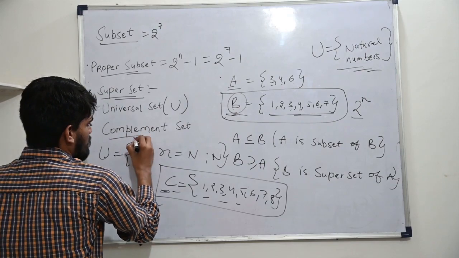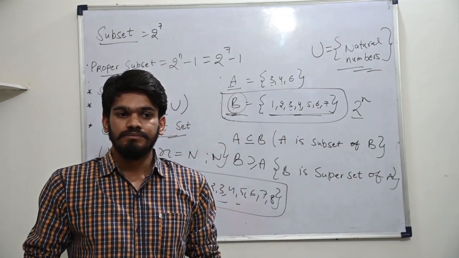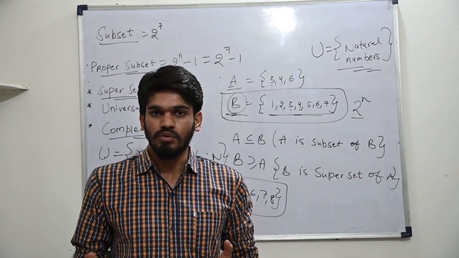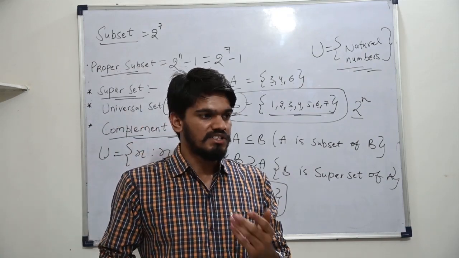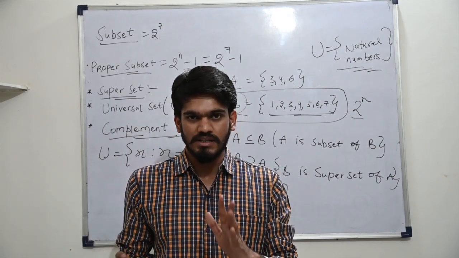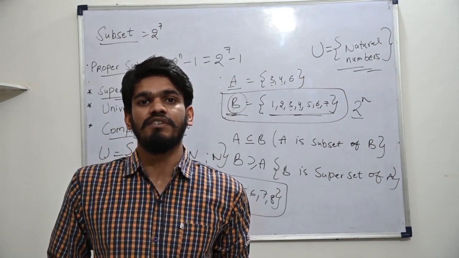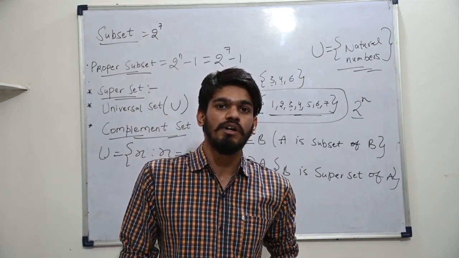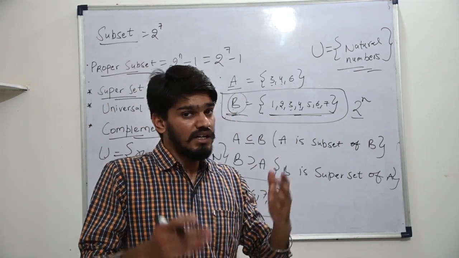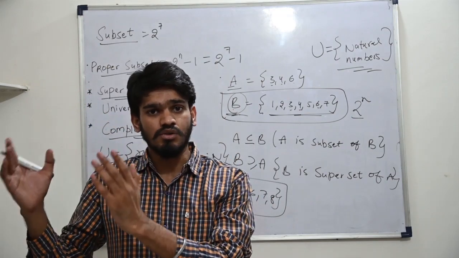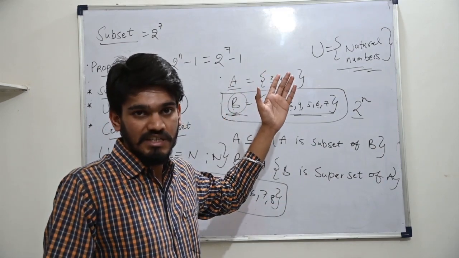And when we talk about the complementary set, first of all, let's see one more example of the universal set. Set A: students of class 9th of a school. Set B: students of class 10th of a school. Set C: students of class 6th of a school, let's say. Now we have a universal set which says students of the school. So set A, set B, set C, students of 9th class, 10th class, 6th class, they will all be considered under students of the school. So set U, students of the school, will be known as the universal set.